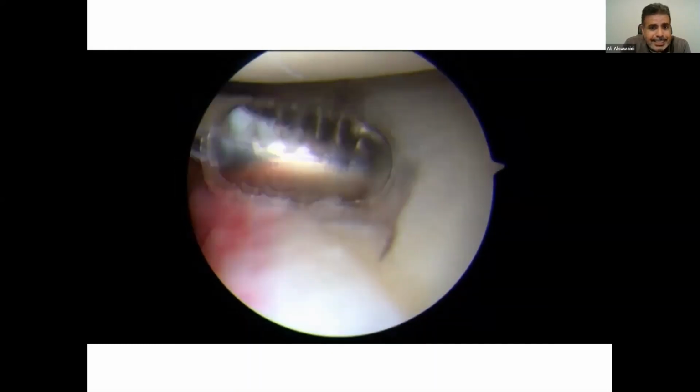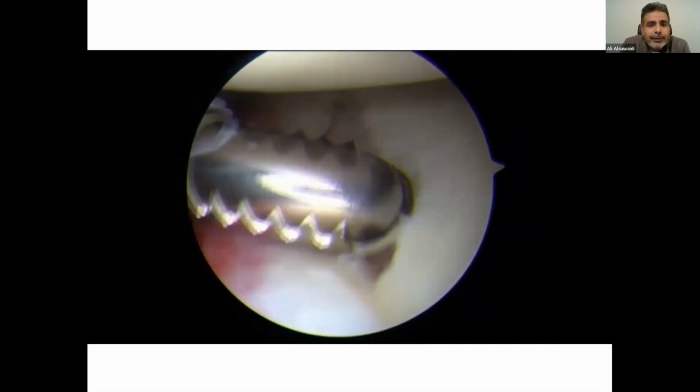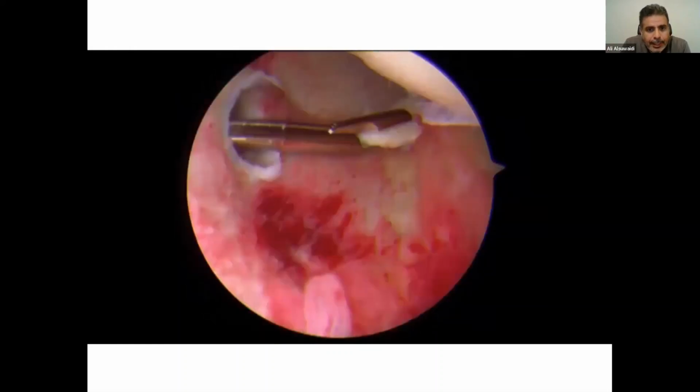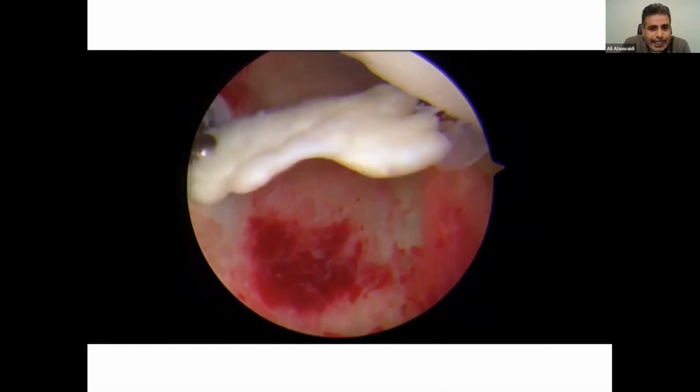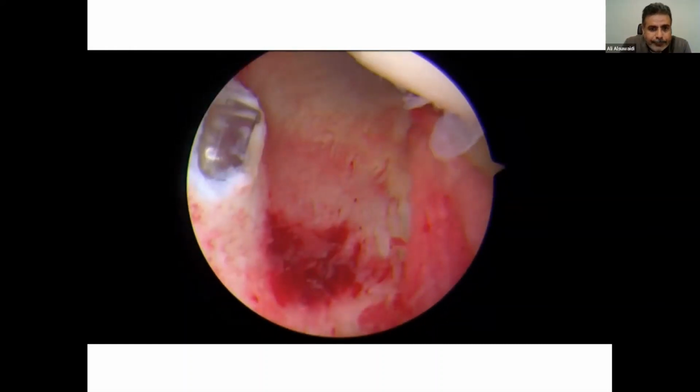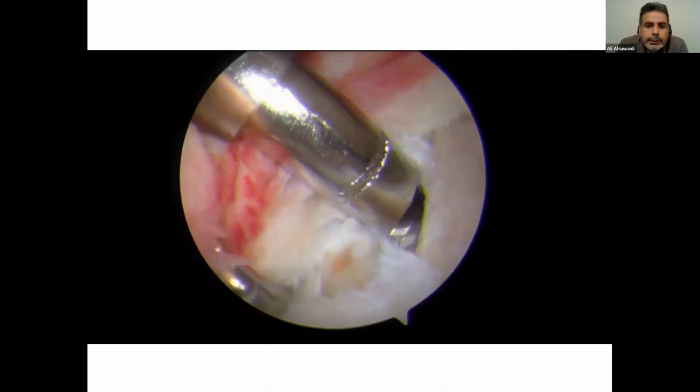And those are the pieces of cartilage that are flying around, whether they came from the reverse Hill-Sachs or from here. Now look at that piece that came out, that's been flying all around the place, causing him a lot of problems. So I went ahead and